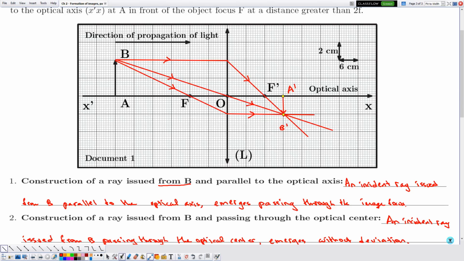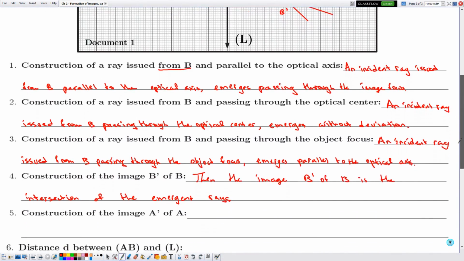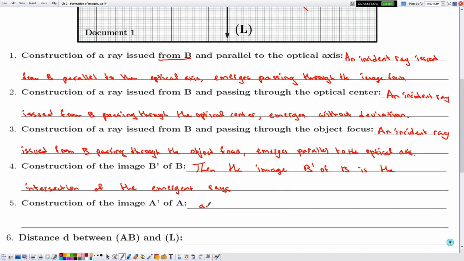So this is the tracing of the image A prime, or in other words the image A prime B prime. Now let's do the justification. Okay, A prime is the foot perpendicular of B prime